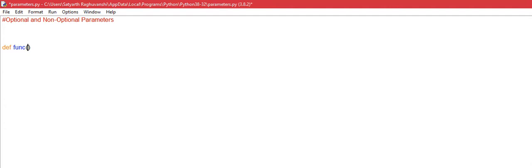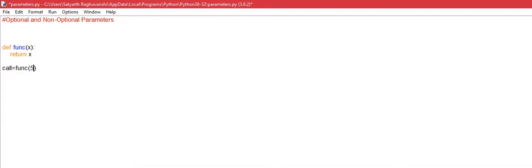From the name itself, you must have got some idea that these parameters are not optional at all; there must be some parameters in the function. So if I put x in function func, this x becomes the non-optional parameter. Now if I say return x, and then call this function